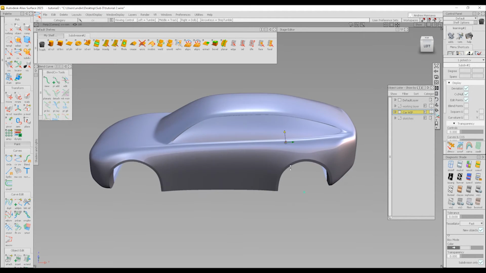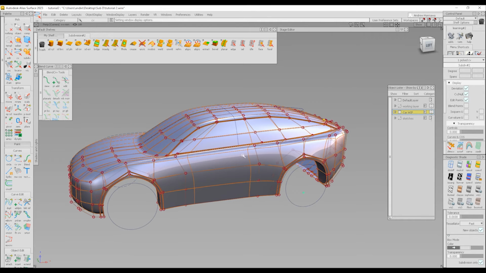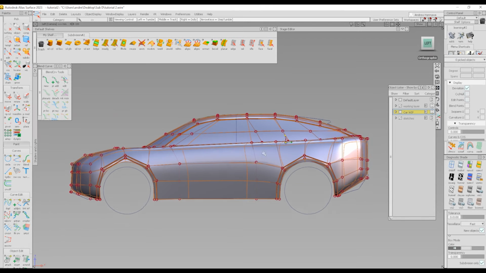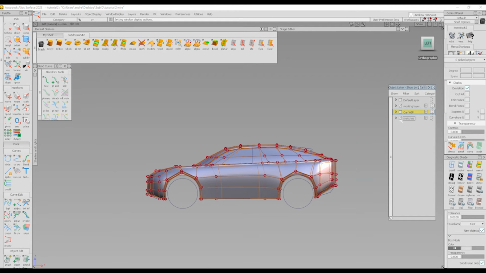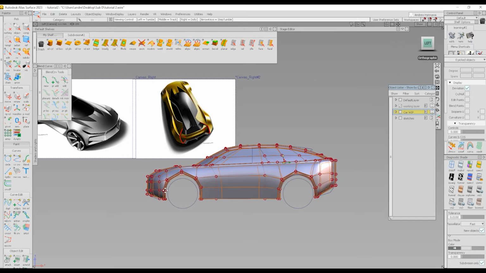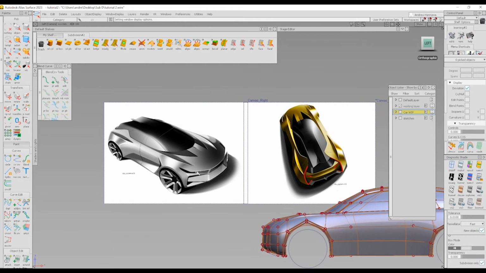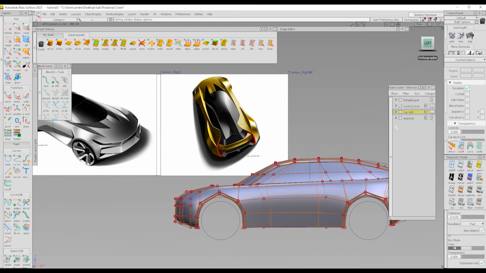If I shade it, now it looks like that. Now that I've added more detail to the yellow, I can move on to the next part. If I look at my sketch, it looks like it has pretty decent fender haunches. So that's what I'm going to work on next. I want to try and get these fender haunches, and if you can see in the back too, they've got quite big ones. So I turn off the sketches,